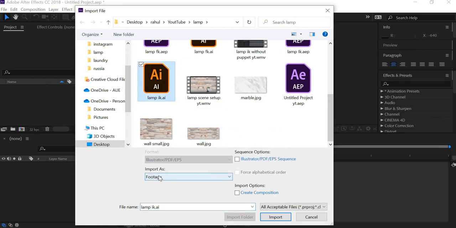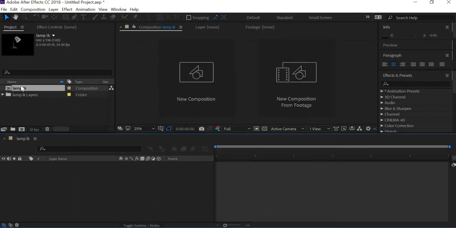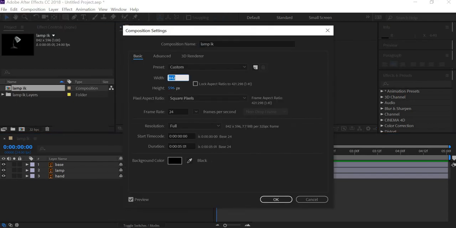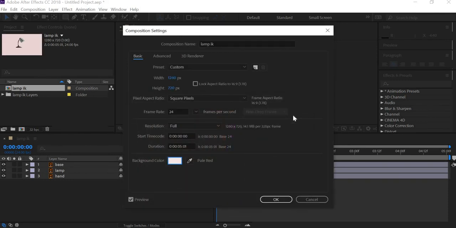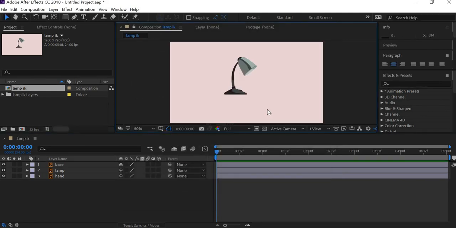and here instead of import as footage, we're going to import it as composition retain layer size. So you get a composition. Now we'll go to composition settings, make it 1280 by 720, background is white. It can be a little reddish in color, that's fine. Now we are going to use the Duik Bassel plugin again to create the rig,